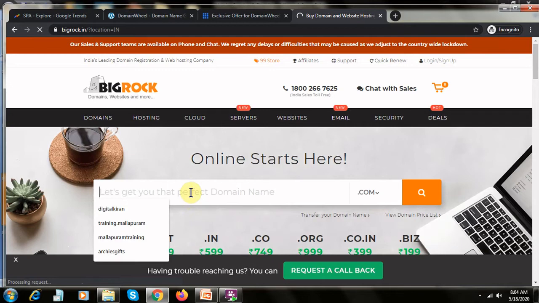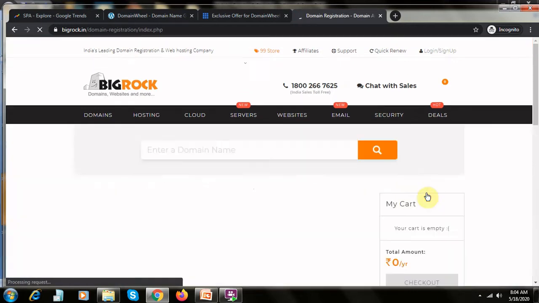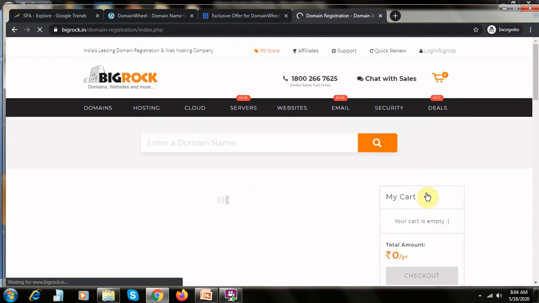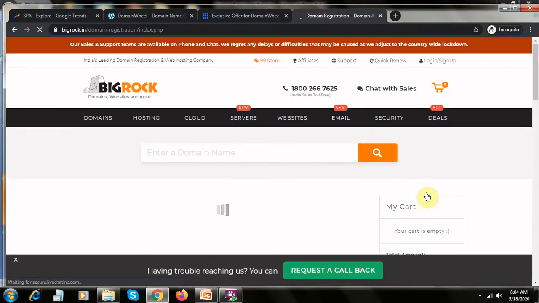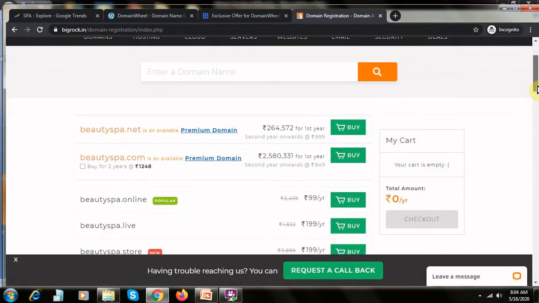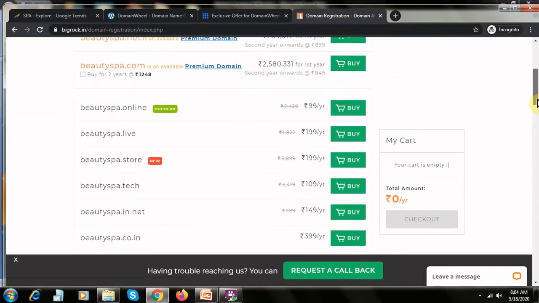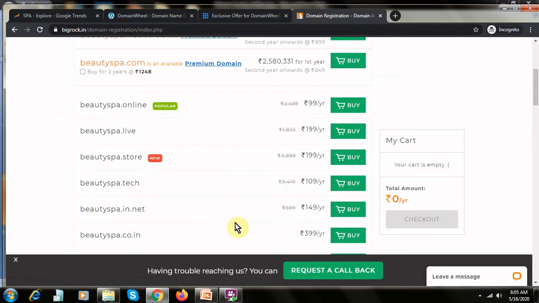Now let's check beauty spa. So it's a premium domain which is costing you around 2,64,000. Based on your budget, you can go ahead and book any of the domains.